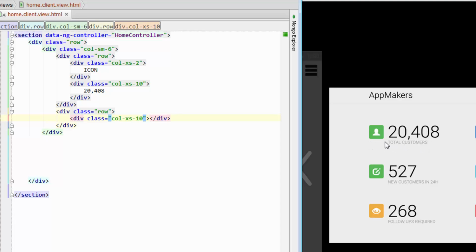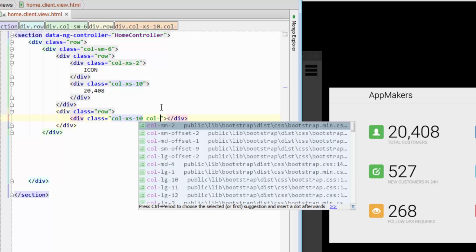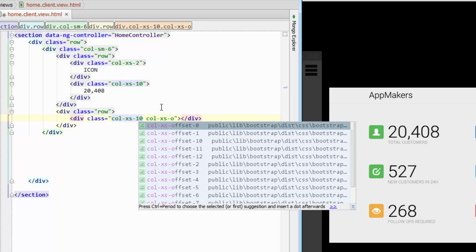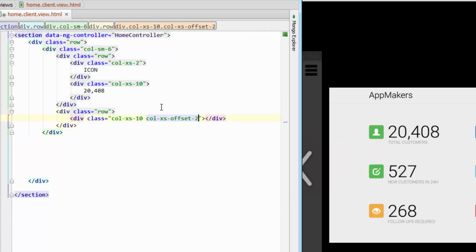But I want to offset it by 2 so that these 2 text items line up. And we do that by just going col extra small, and we want to go offset by 2. Okay, so within that div, I'm going to put total